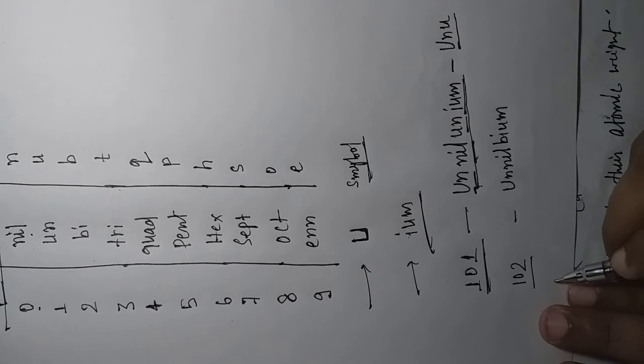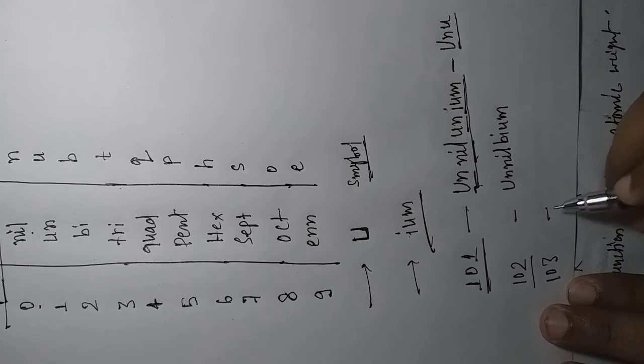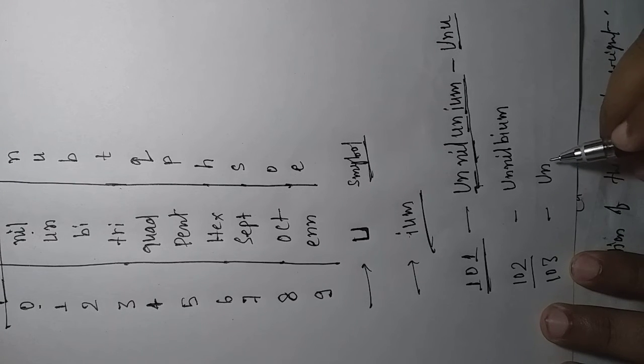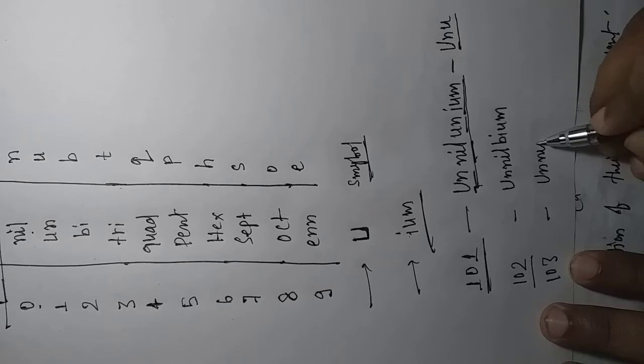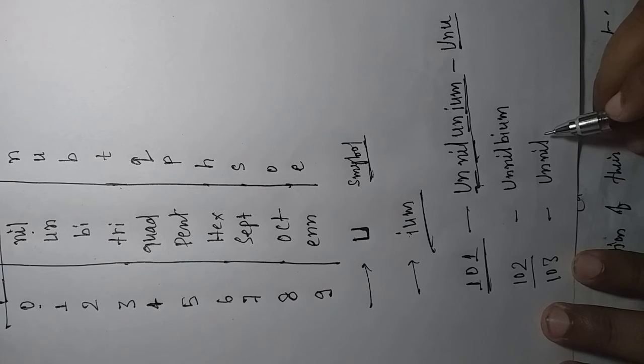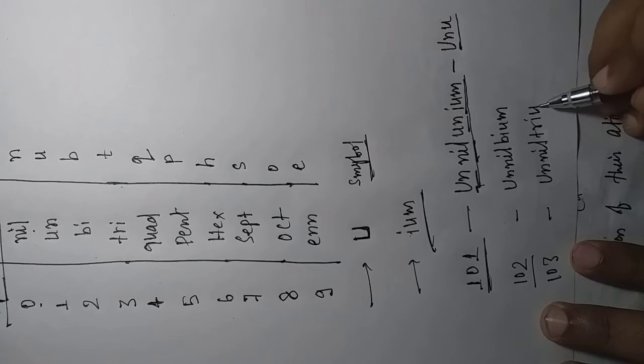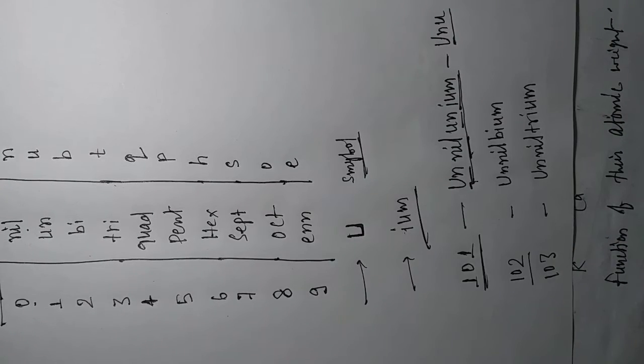Next, and last, we are looking at this page, and next we are moving ahead with 103. So you will do practice parallelly with me. Un, then we will make it nil, and 3 is tri. Everyone clear with the tri, right? Or ium you have to write, so it will not be a double I. We'll just substitute tri and ium, right?